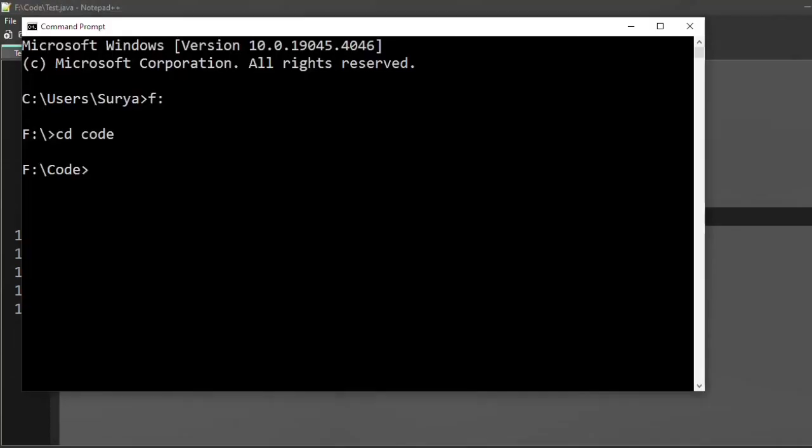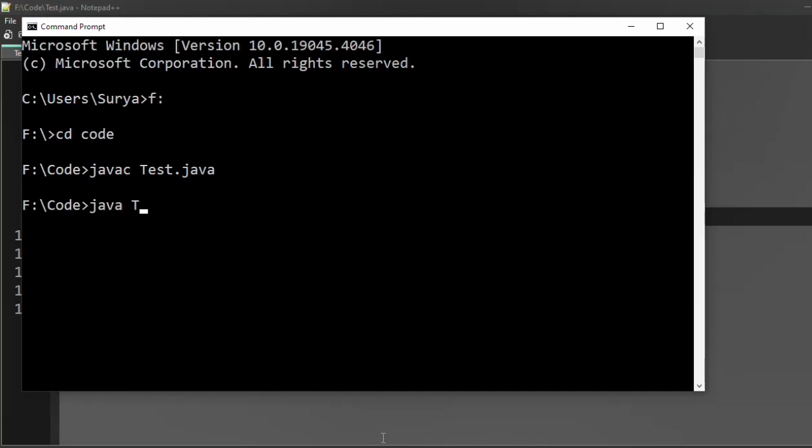So if we execute this program like this, javac test.java, because the file name is test.java here. So successfully executed, no error.